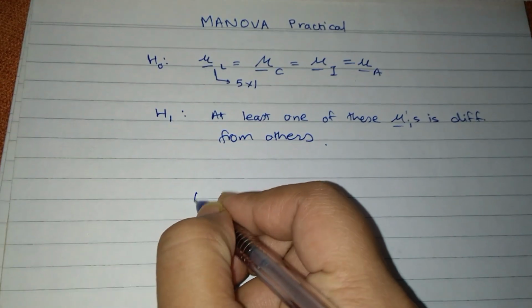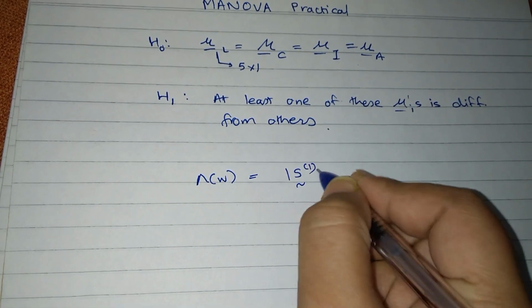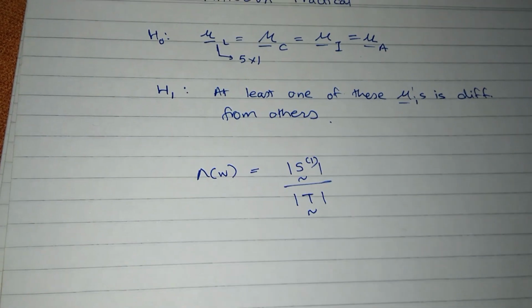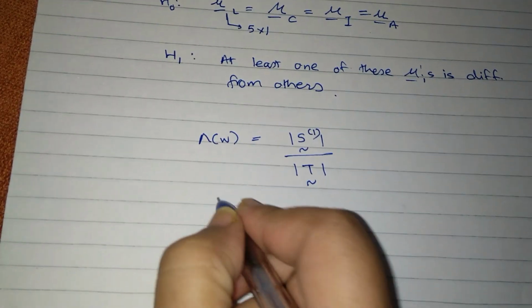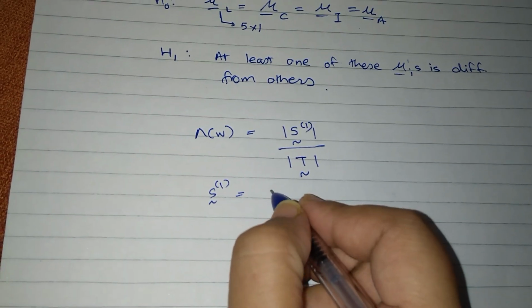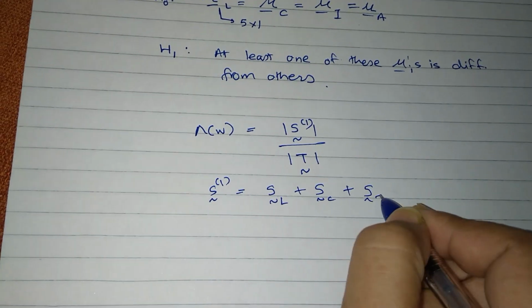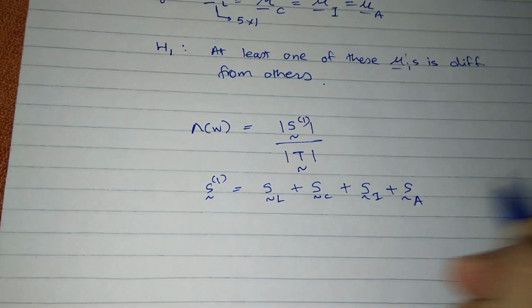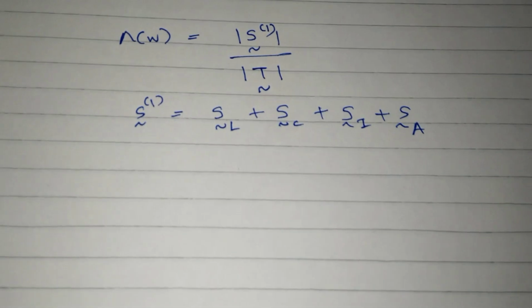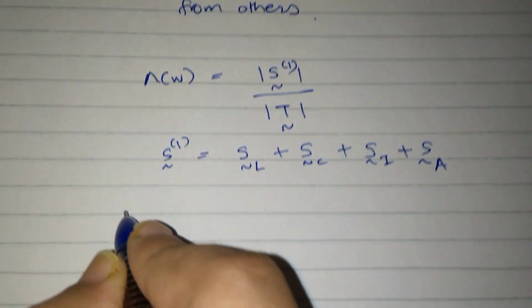We know from the theory that we have derived that the formula for Wilks lambda is determinant of S1 upon determinant of T. Okay, this is the notation that we have used, where S1 is the sum of individual CSSP matrices. So S1 would be SL plus SC plus SI plus SA, if these are the CSSP matrices for the respective samples. Okay. Similarly, T